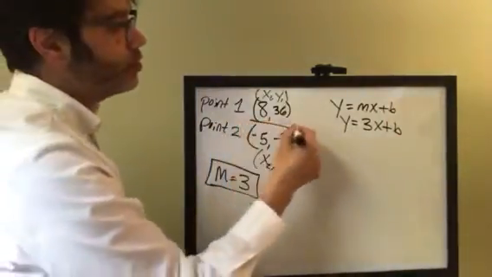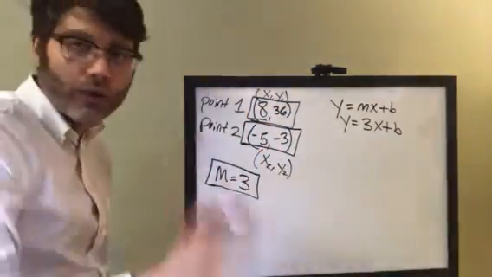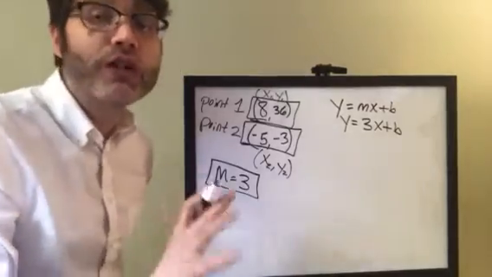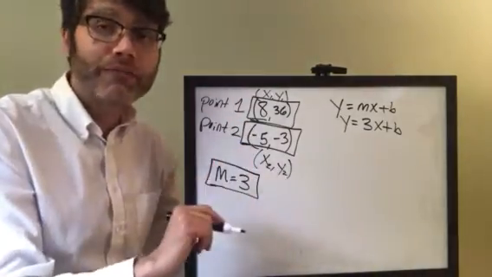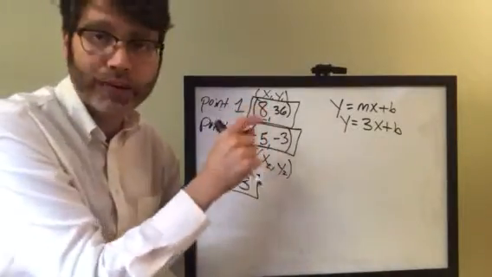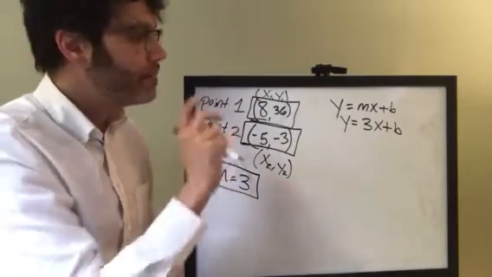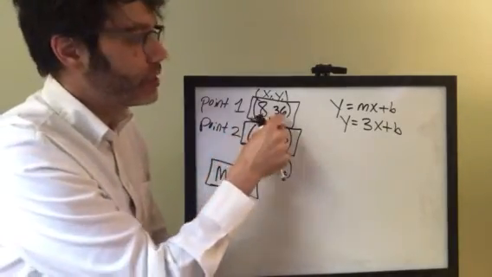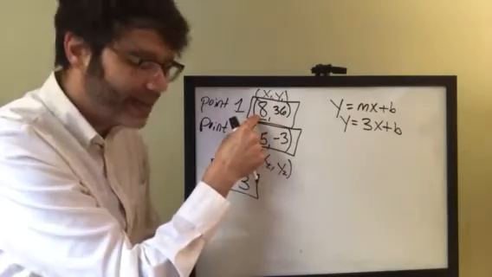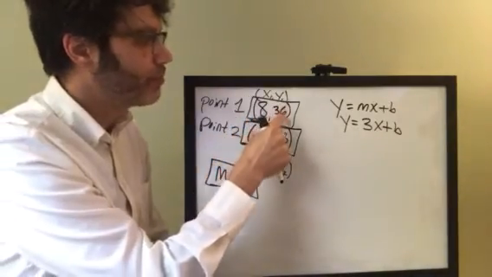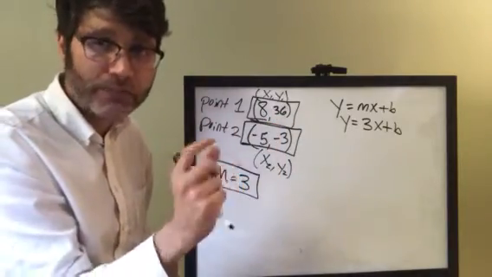Remember, these 2 points are on this line. Whatever the line looks like, we don't know what it looks like because we don't have a graph of it, but we do know because we were told that these 2 points lie on that line. What does that mean? That means that both of these points, when plugged into the equation, balance the equation out. Meaning that if this is grape juice and this is blueberry juice, 8 ounces of grape juice and 36 ounces of blueberry juice will be the perfect amount to mix together to